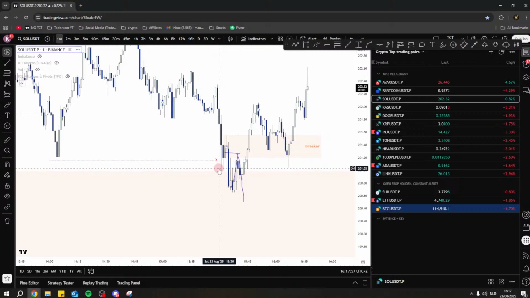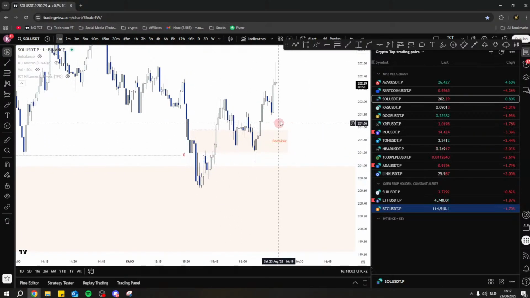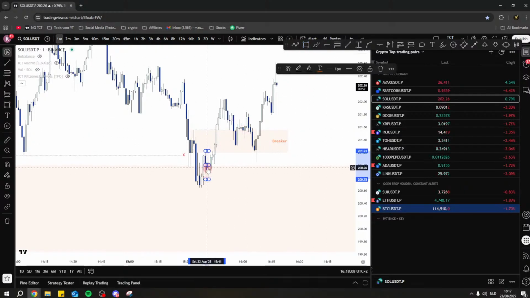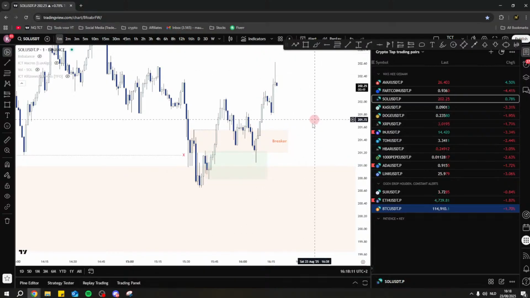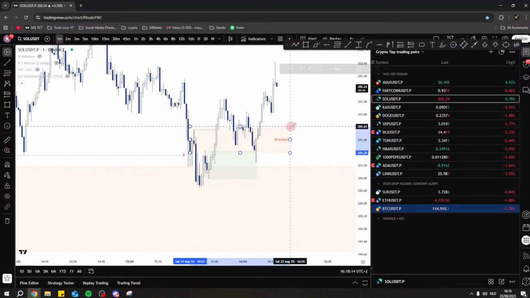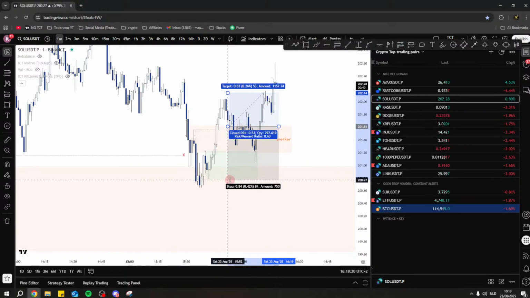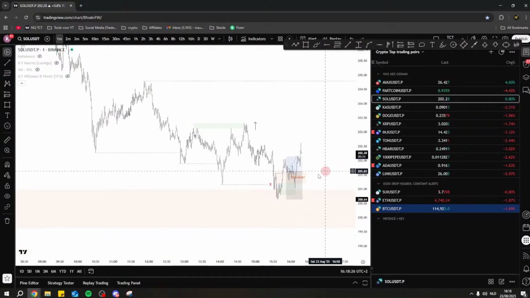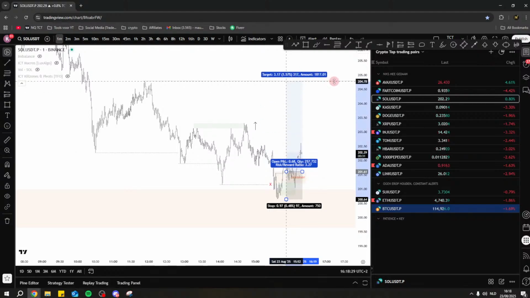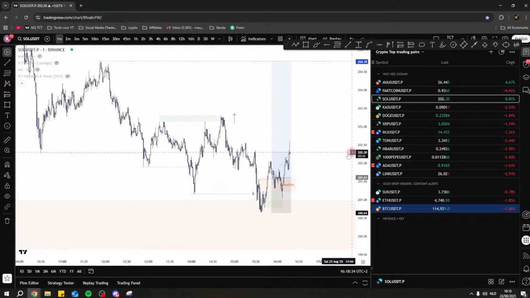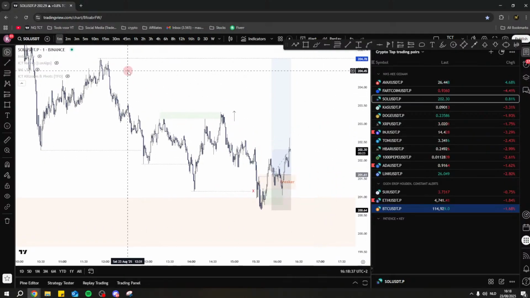How could we have played this? Either place an order on top of the breaker, or this demand in combination. So option number one is right there. Your invalidation was right here. I would even prefer covering this one. What is your target? A 3 risk to reward is really nice. So I think I would have still taken it.